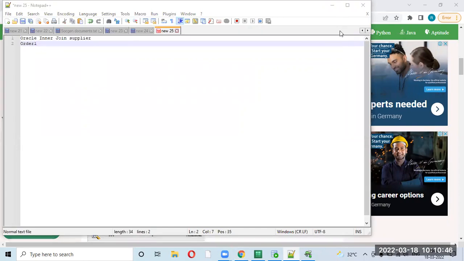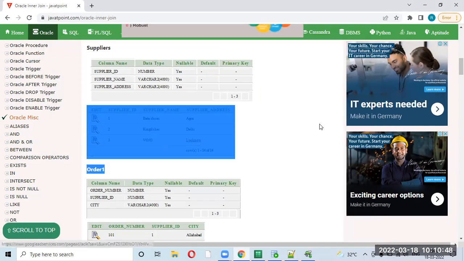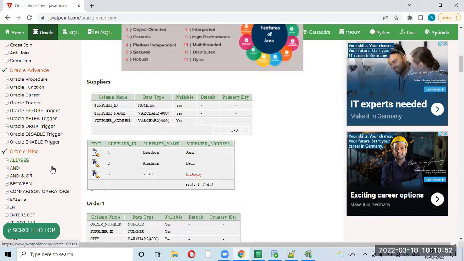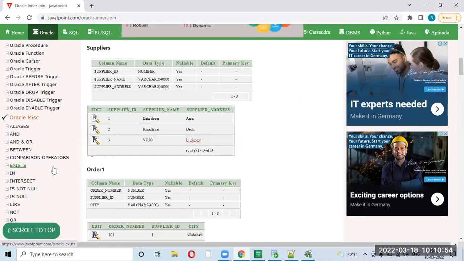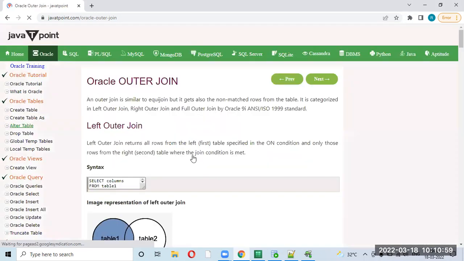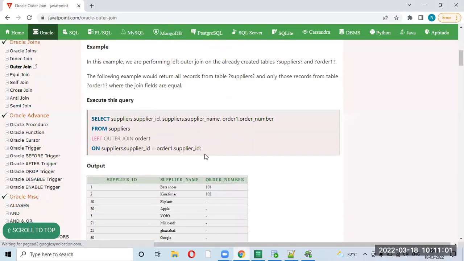It's not getting copied. Okay, fine. Anyways, forget it. I'll show you a real-time example. Just try to focus on this.